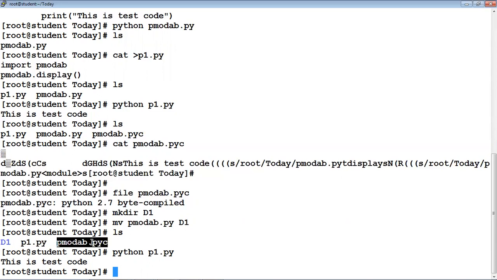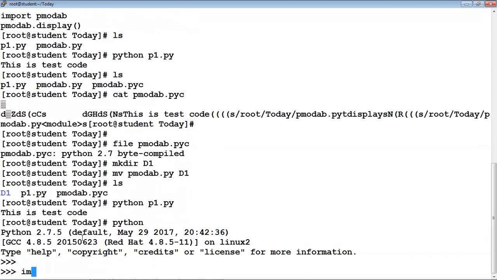You can share this module, the PYC and the documentation, and we don't need to send the source code. So this is the Python compiled file, the object file. Now you can import followed by